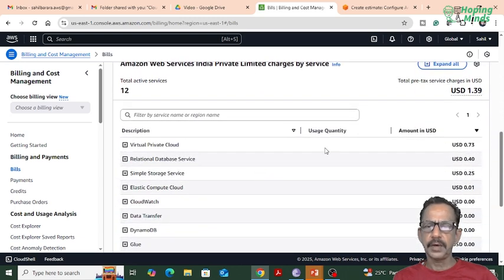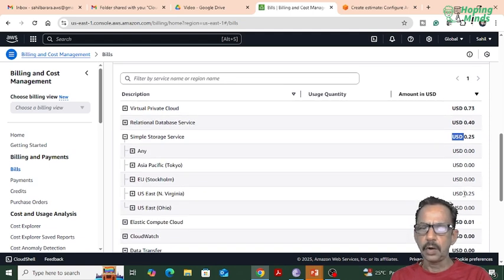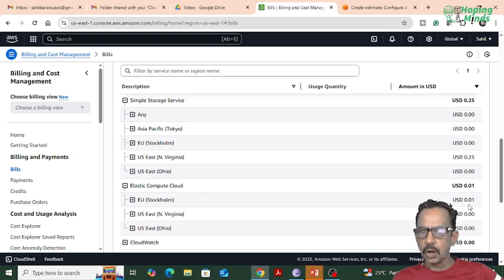Like for Virtual Private Cloud, I have to pay 7.73, 73 cents, 40 cents, 25 cents. Here also you can see in the North Virginia region, I have some storage. For that, I have to pay 0.25 cents. For Elastic Compute Cloud EC2, that is in Stockholm somewhere, I have to pay the bill. And we are talking about budgeting,